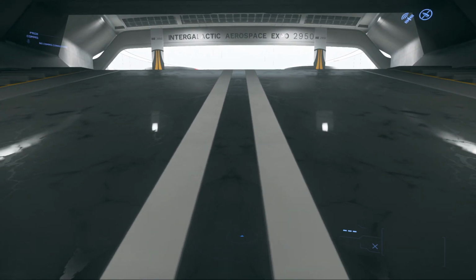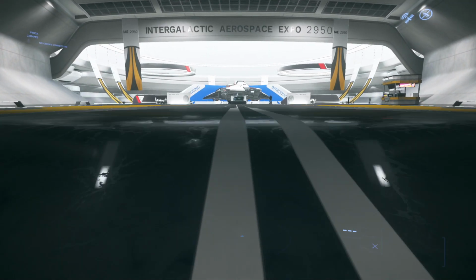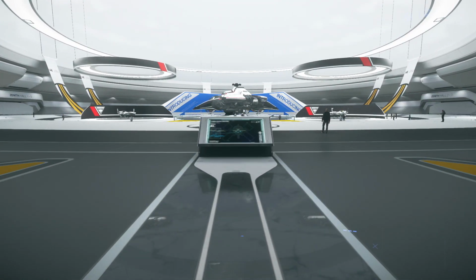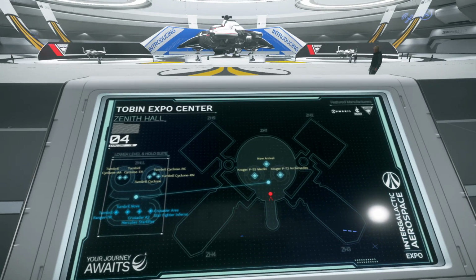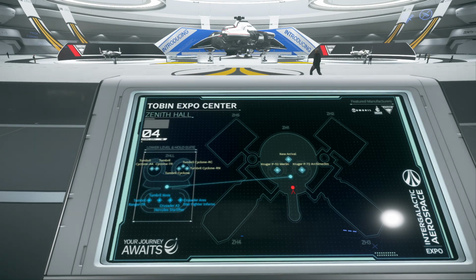Hot off the presses, Crusader Day is here in the IAE Expo, and voila! Kind of, this is my second time doing this because the first time, none of these ships were here. So, yeah, it's a win. We've got some good stuff. So this one's probably going to be the shortest out of all of them because, well, we're going to be seeing...